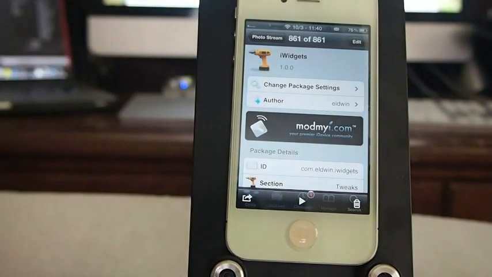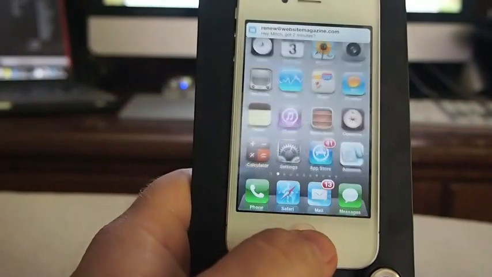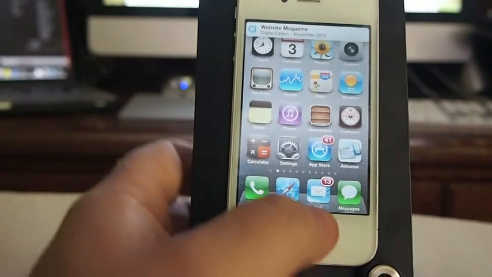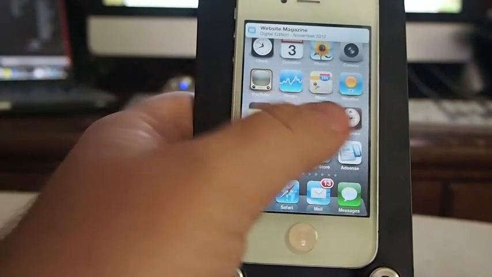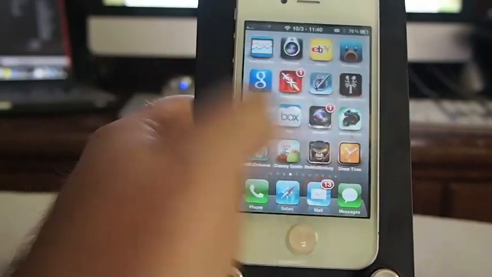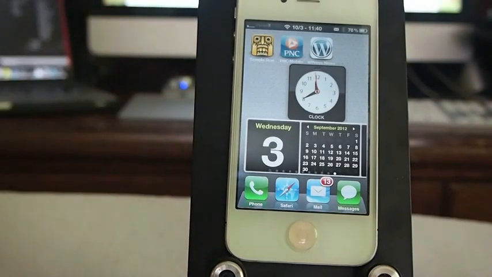It's iWidgets. And this works with HTML, and it's a pretty cool tweak actually, guys. If you want to go over to the Big Boss or Mama I, it's free and you can get it there. And what it does is when you first install it, you can add the analog clock and the calendar from inside the application,